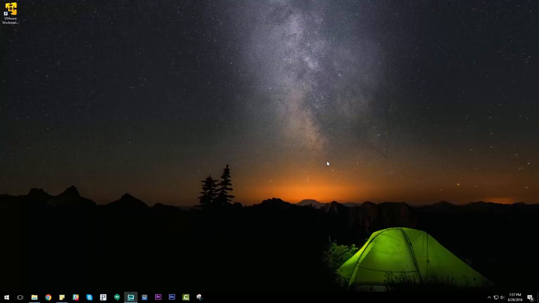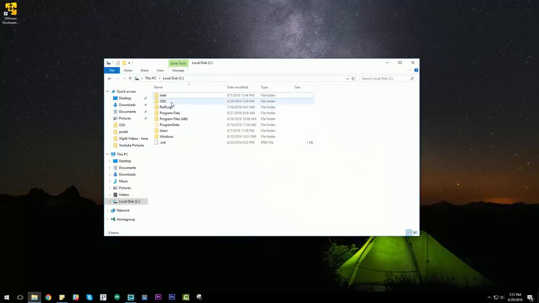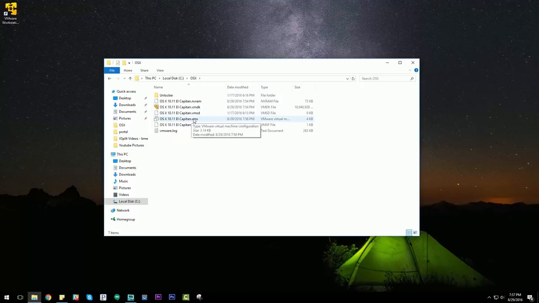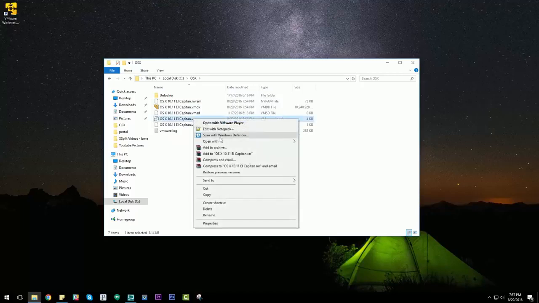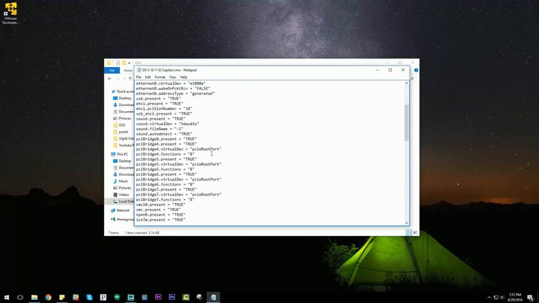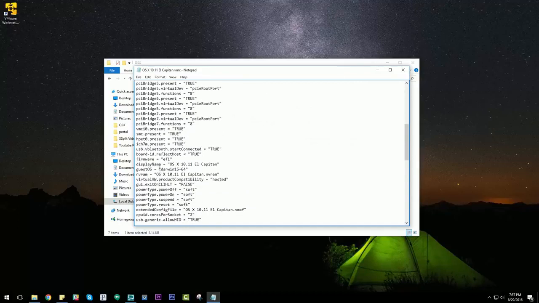Okay, so once the virtual machine is shut down, you're going to open your system folders, and you're going to reopen the folder OSX that we created, and in here you're going to see a VMX file. You're going to right-click, and I have Notepad++. You can use Notepad. Either one will work. So open it with Notepad, and you're going to scroll down a bit, and you're going to see a line here that says